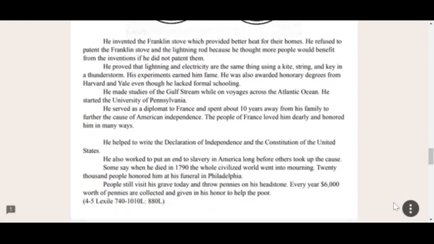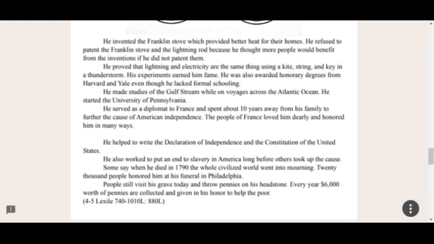He proved that lightning and electricity are the same thing using a kite, string, and key in a thunderstorm. His experiments earned him fame. He was also awarded honorary degrees from Harvard and Yale, even though he lacked formal schooling. He made studies of the Gulf Stream while on voyages across the Atlantic Ocean. He started the University of